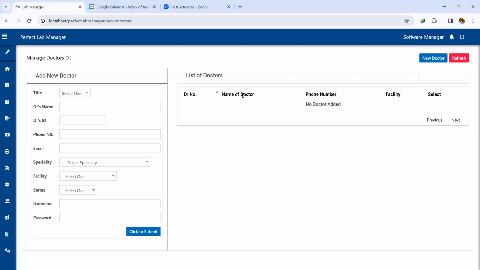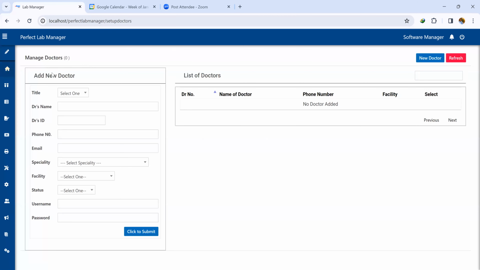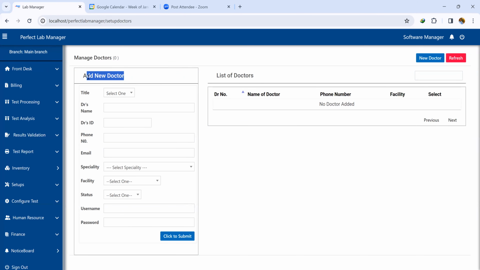So to add a new doctor to the list, you go to the add new section where you choose the title of the person. So doctor, we're choosing the name as Dr. Dan, and the ID will be DD01. You can choose any ID for him. Then you put his phone number. Let's use 0249066767. And then the email of that doctor,